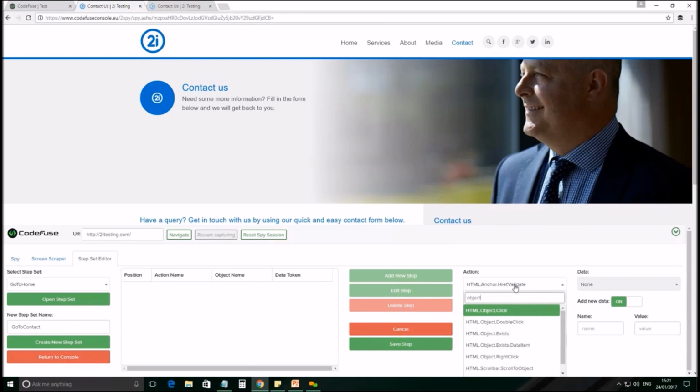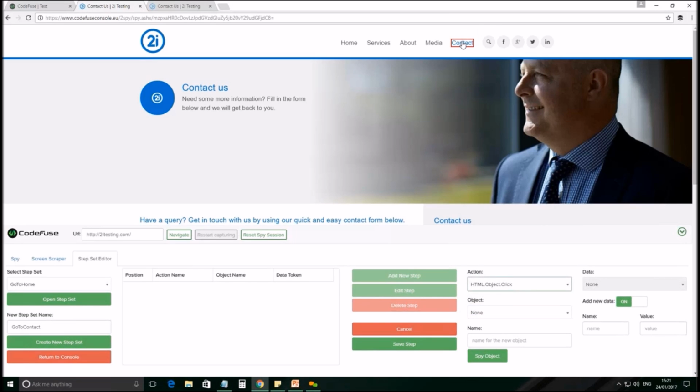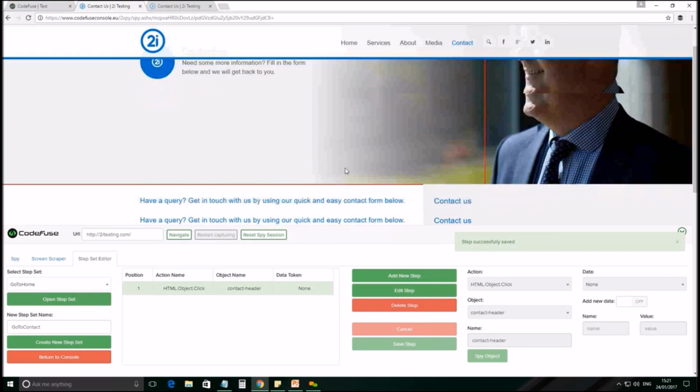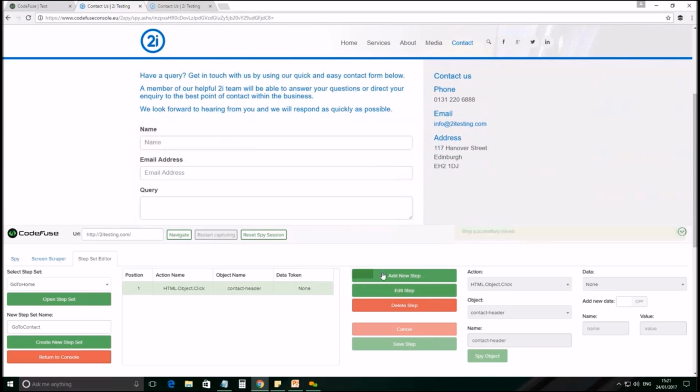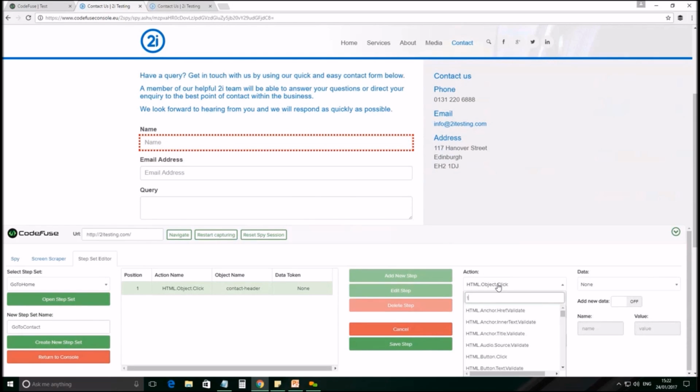So again, the first thing we want to do is click on the contact header. Now, if we scroll down, what we want to do now is add a new step to type in, so